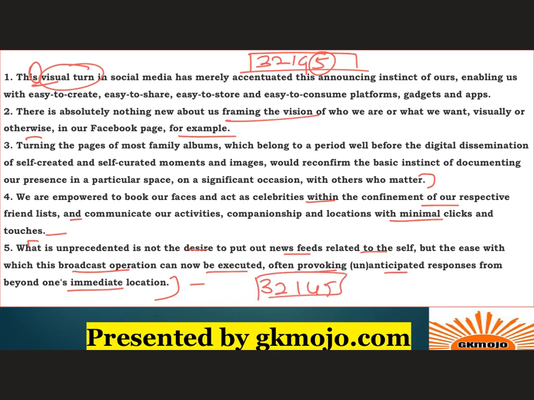So this might sound a bit more complicated to you, but trust me, it is not. Once you follow a proper protocol of connectives, pronouns, and whatever I have told you, you will be able to do the questions pretty nicely. And the thing is that you should take time. You should do them calmly. It's not like you are in some hurry, because the probability of doing this question wrong is pretty high. Yes, there are no negative marks in CAT for this, but that does not mean that you should let these marks go away just because there's no negative. You have to do them perfectly, right?